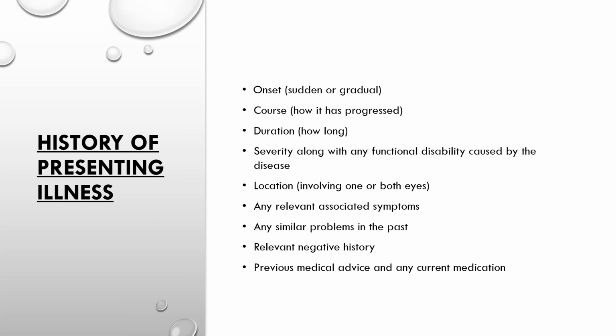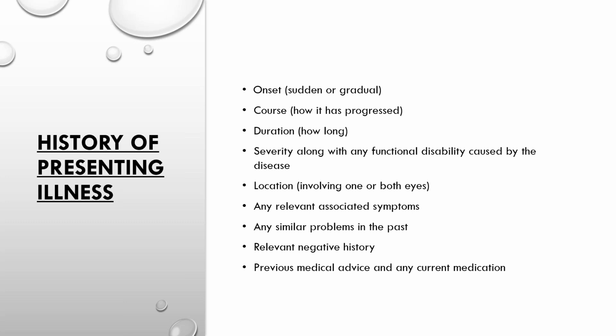Okay. And then you have to ask relevant associated symptoms with it. For example, the patient comes to you with diminished vision. Now there are a lot of diseases which would cause a sudden onset diminution of vision associated with pain. Some may be painless. So when you have that information with you, now when you add these two together, you will be able to rule out a lot of diseases that could have come with just diminution of vision, right?